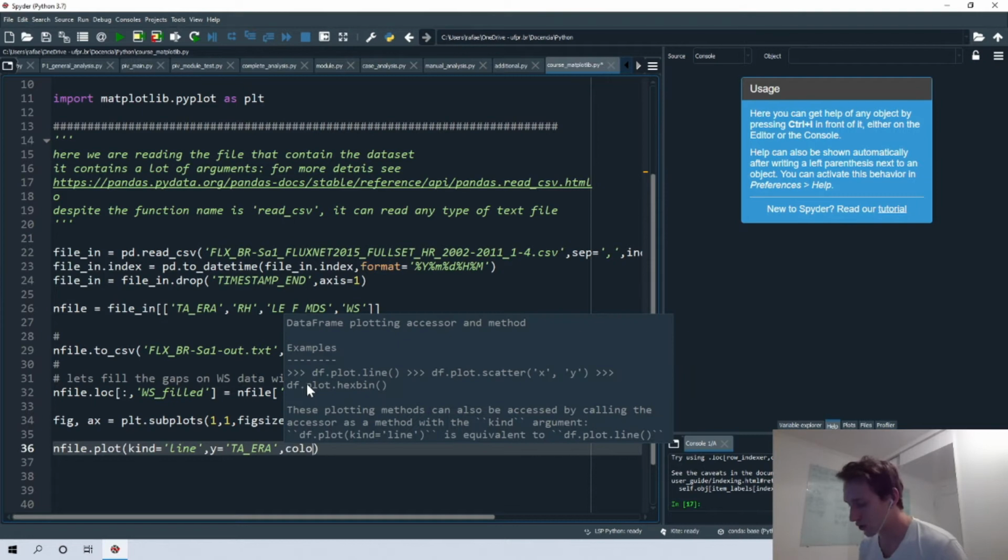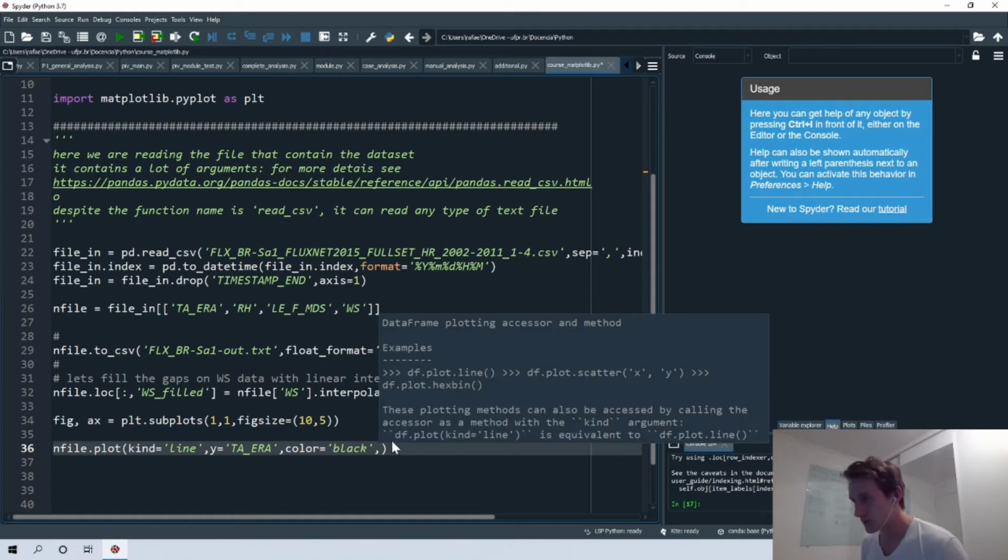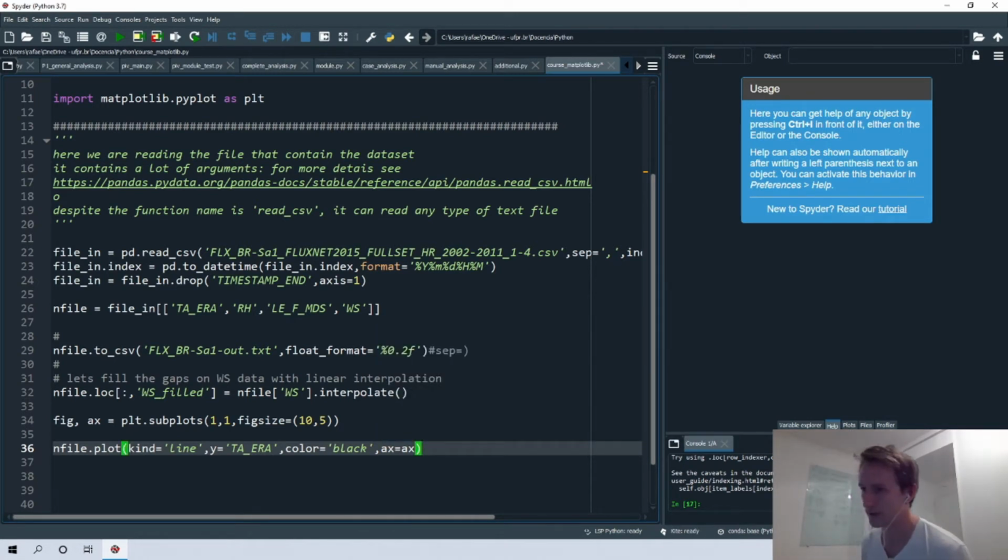And then we can modify the color. We don't need to modify the color because there is a default for that, but just to change the default color, we want to change it to black. So we must specify also the axis that we are using. Of course, we have only one graph, so we specify it as x, a single value that you have defined here. If you plot this one, we can see that you have our first graph.